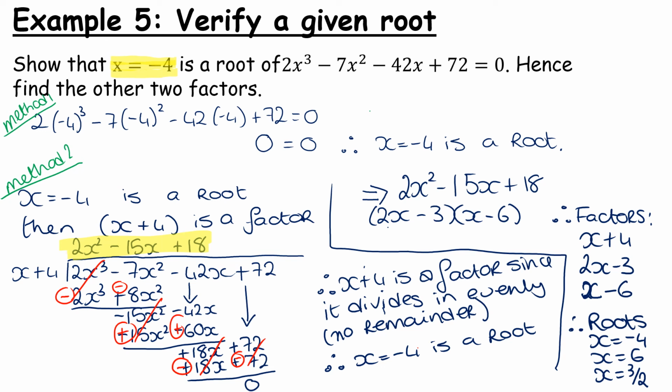So regardless of how you want to show that x equals minus 4 is a root, you do have to do that long division. Be careful with making sure that you answer the question and show that, yes, I understand what I'm being asked. I'm not just blindly doing long division because that's what I was told to do. So make sure you have a good understanding of how we can write in the answer. So just using the 3 dots for therefore. And all you're saying is it is a factor because it divides in